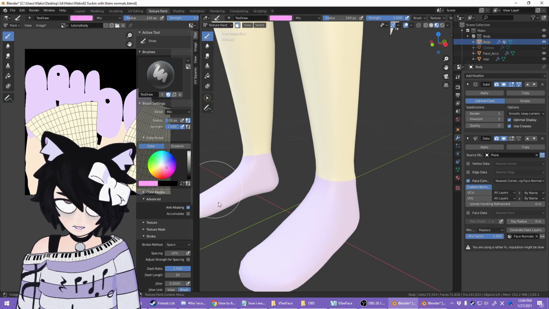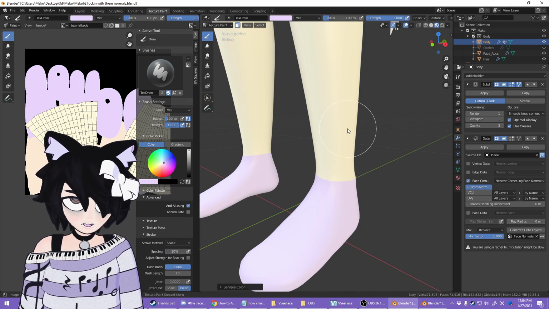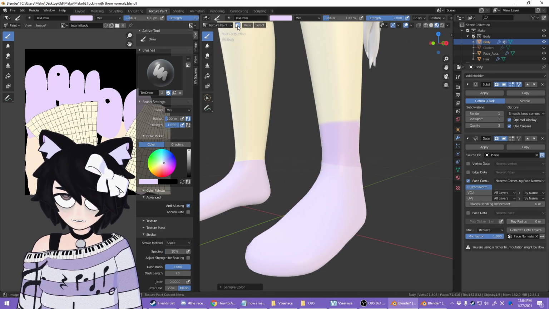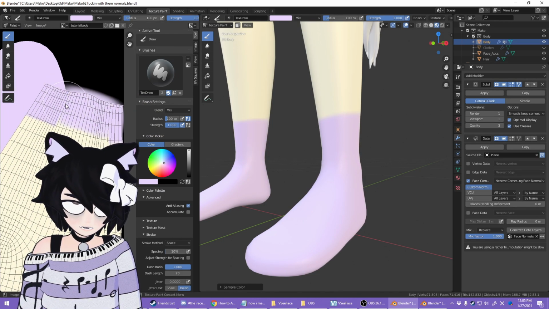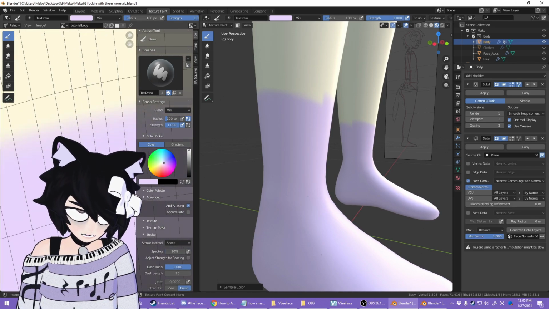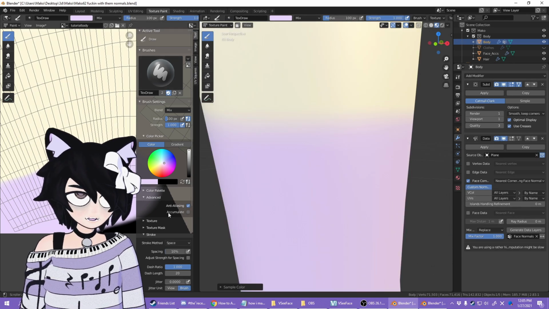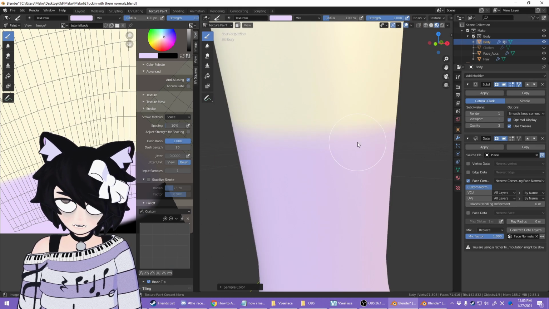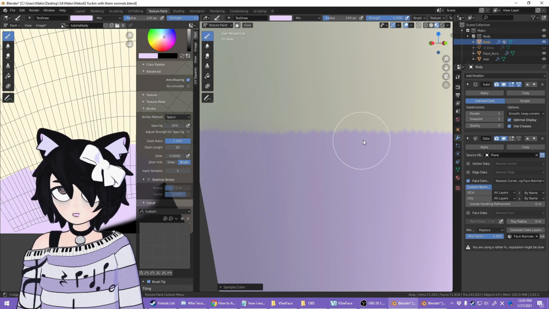Well, what we have to do now, we can press S anywhere on screen to select that color. So I'm going to select the sock color. And now we have to actually draw this on. I can turn this mask off. You can see it filling out right here. We can also do it right here if we want. Gotta do it on both legs. But because this is now texture work as opposed to UV work, it's not a perfect seam. I can use a harder brush by going down here, and this should be perfectly jaggedy pixels, yeah. But look at that. You zoom in, you see the pixels!